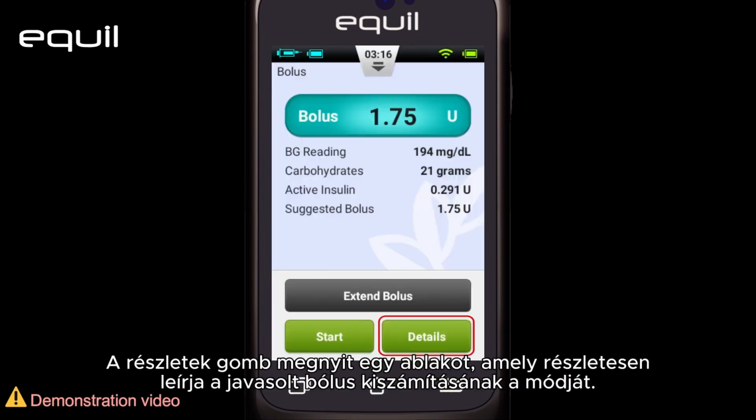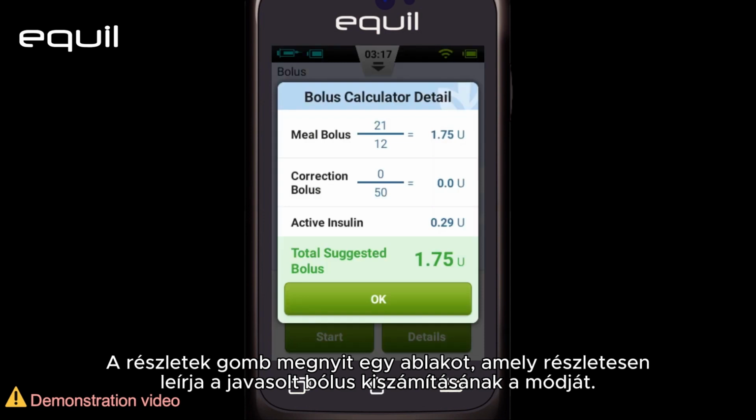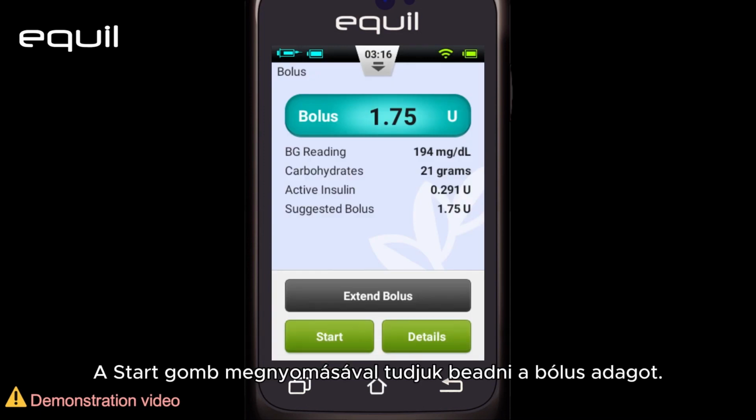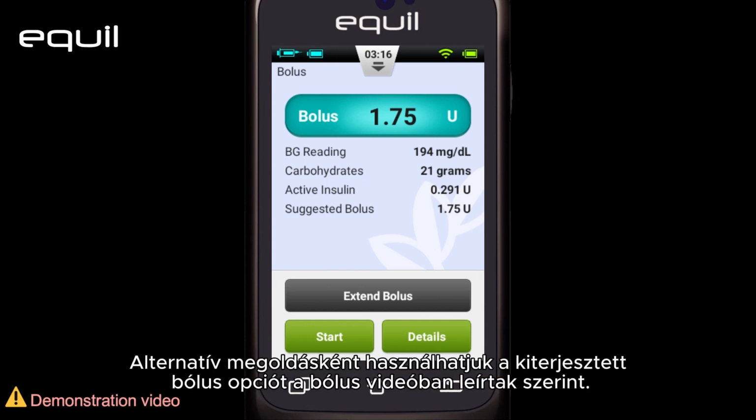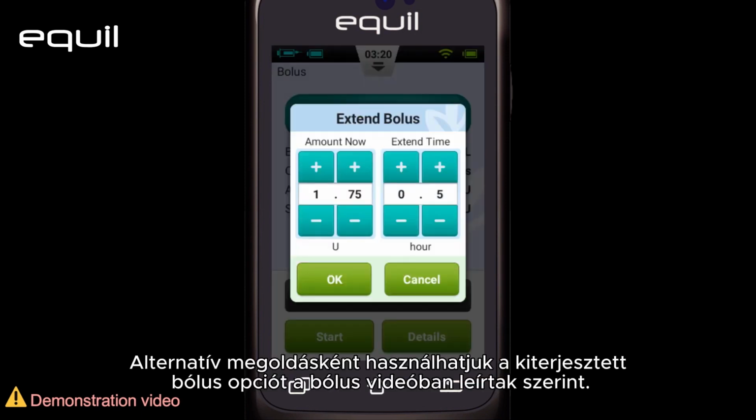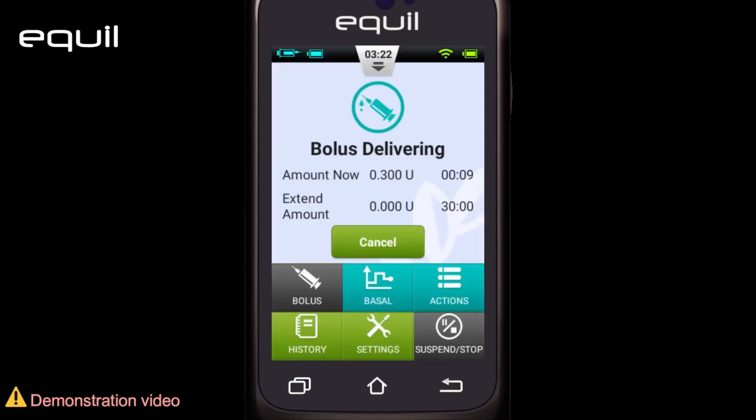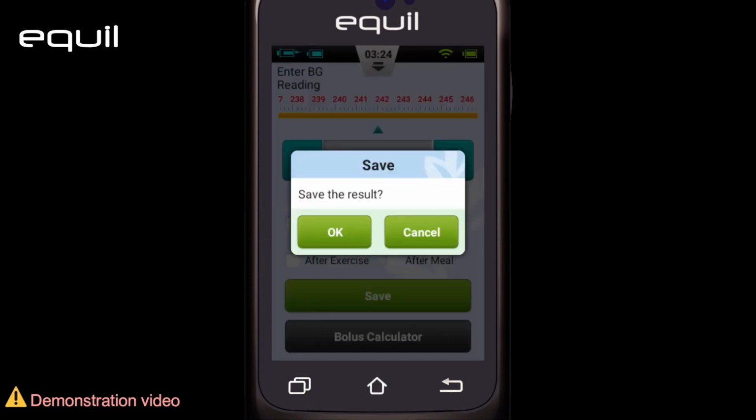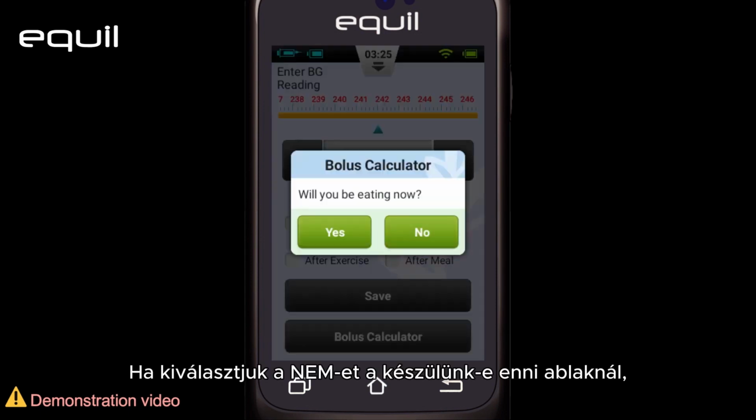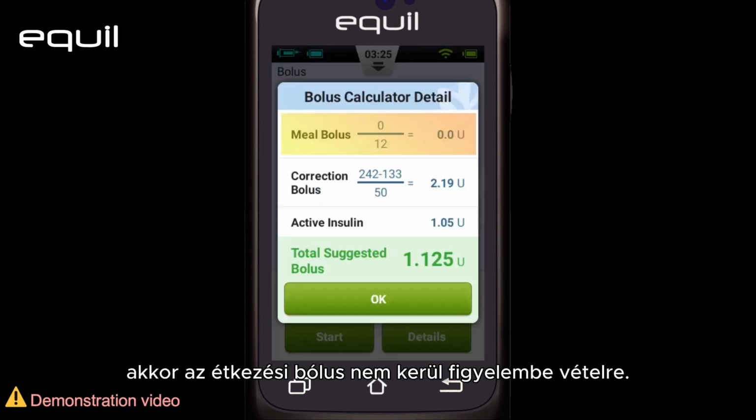The Details button will open a window that describes how the suggested bolus was calculated in detail. By pressing the Start button, we can administer the bolus dose. Alternatively, we may use the extended bolus option as explained in the bolus video. However, if we choose No in the Will You Be Eating Now confirmation dialog box, the meal bolus will not be